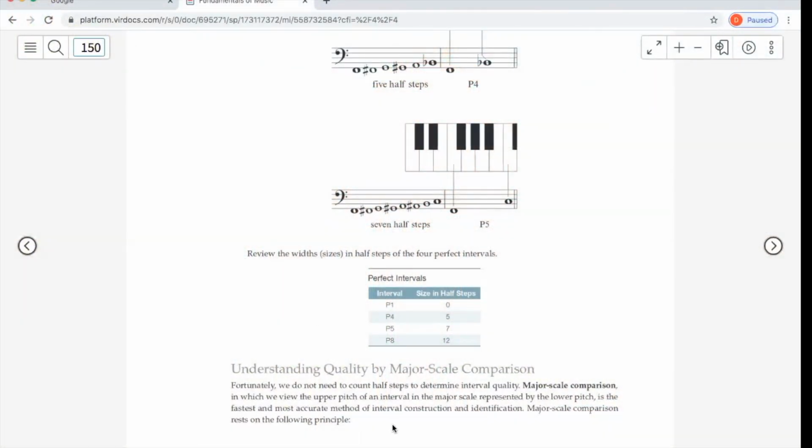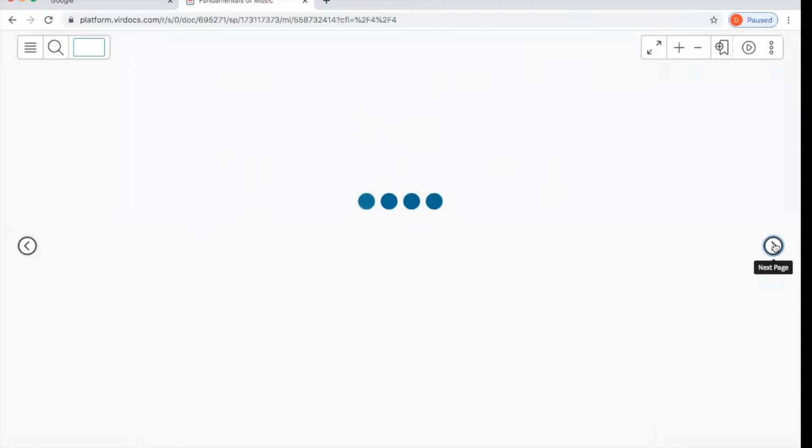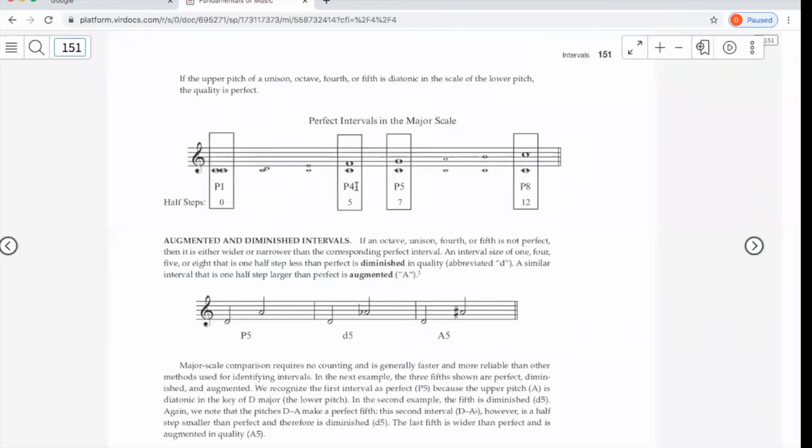Continuing with the perfect intervals. If you count the half steps, you can determine if a unison, fourth, fifth, or octave is perfect. But there is another way, which is comparing it to the major scale. Because when you go up the major scale, like this major scale, C, D, E, F, G, A, B, C,